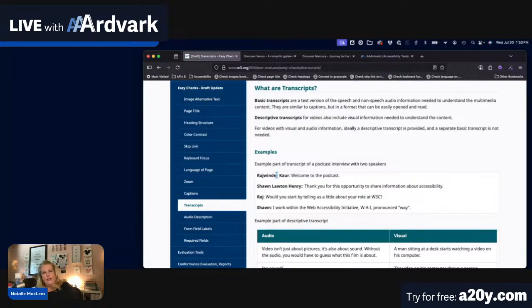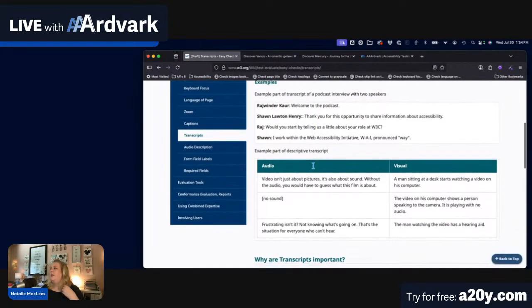And just like with captions, if there are any important noises that are happening, people laughing, people chuckling, people sighing, music that might come in at different times, thunder or police sirens or anything like that might be happening, you would want to make sure that that also gets noted in the transcript. Because you don't want people who are reading the transcript instead of listening to the audio to miss out on those cues and that information. Okay, so